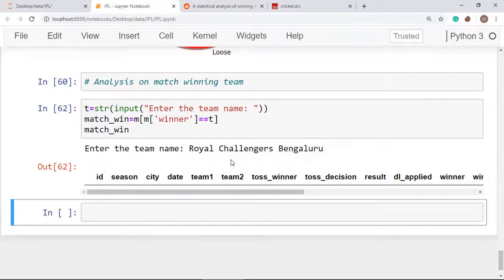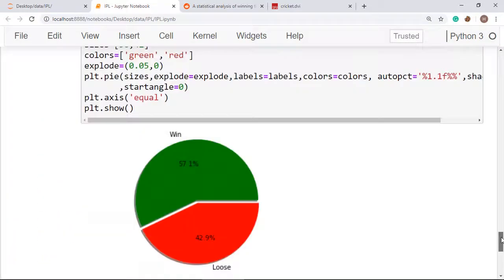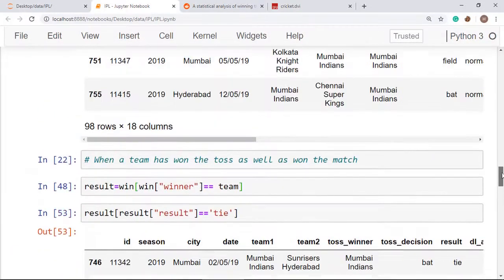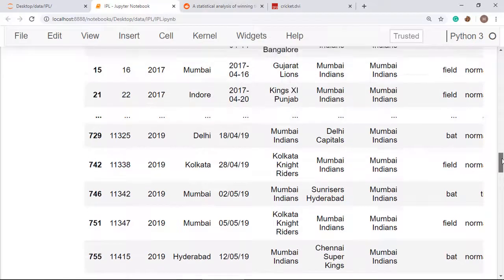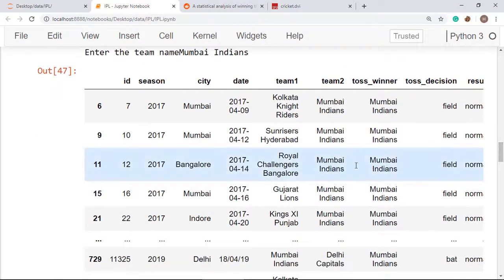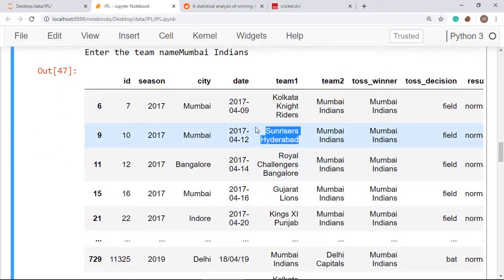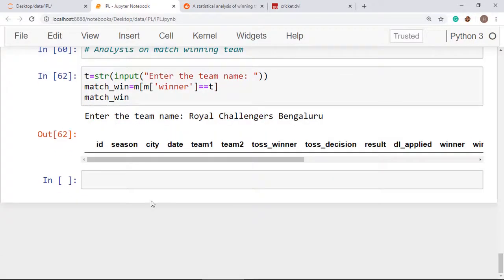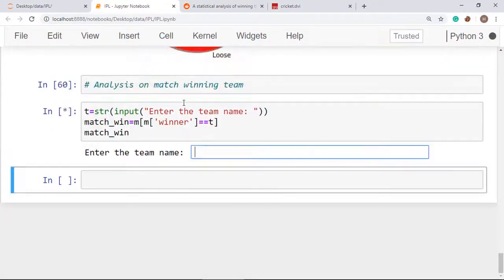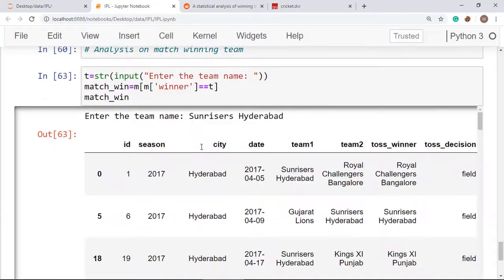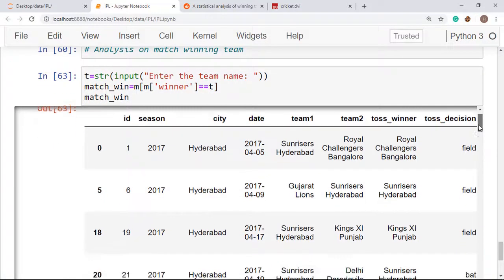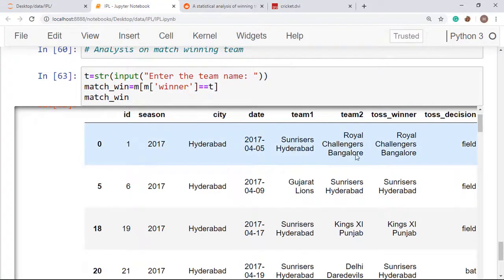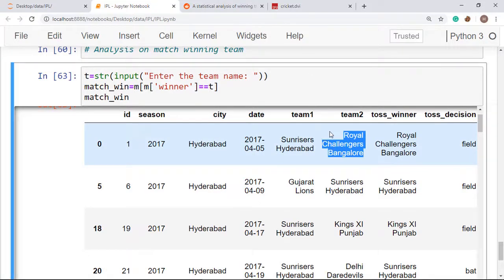This one is not showing any row, meaning I must have made a mistake in the team name. So just take Sunrisers Hyderabad. Use it here, and you will get all the values where, see, we have got the actual spelling here. We will also check the Royal Challengers Bangalore.